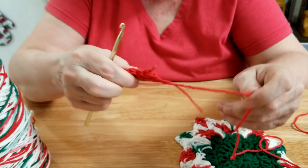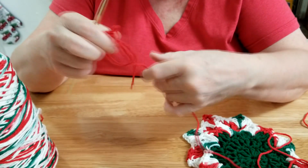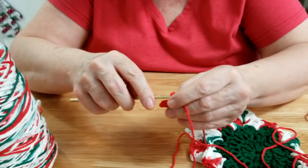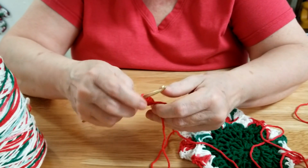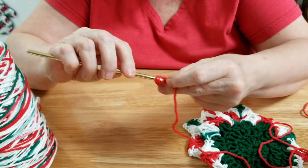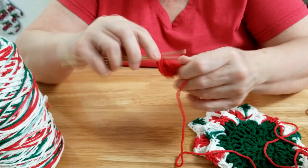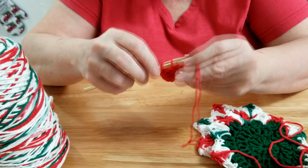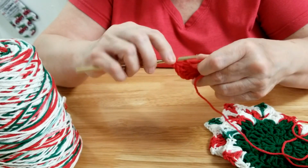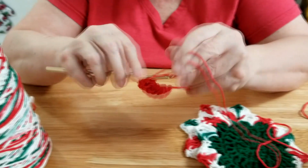That's not good. I'm going to have to pull those stitches out and redo that stitch. Unfortunately, that's just one of the hazards of crocheting with cotton yarn, it splinters. So we have 1, 2, 3, 4. We have to make 5. And it splintered again. Okay, so that's 5. You don't want it to splinter. If you do, it just makes your project weaker. So I don't like it when it splinters like that. It really annoys me. So that's 6,